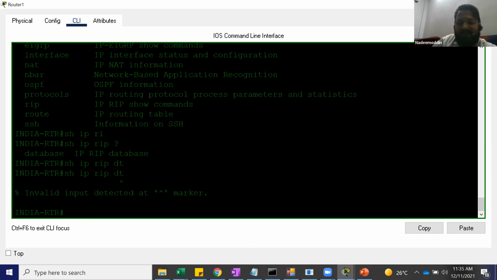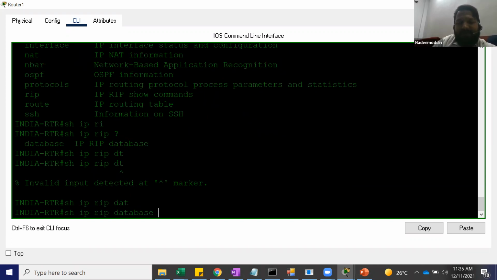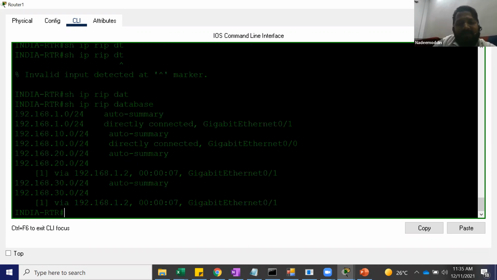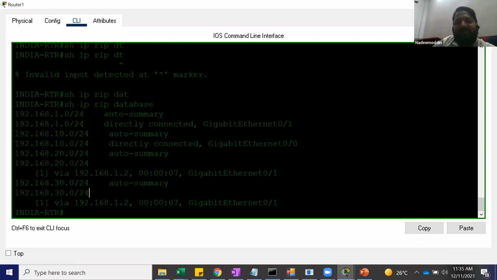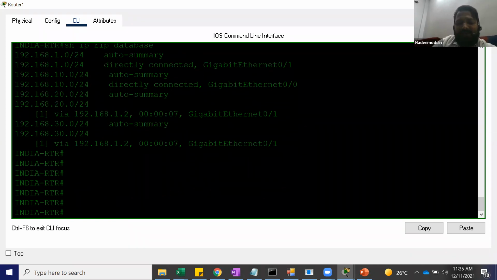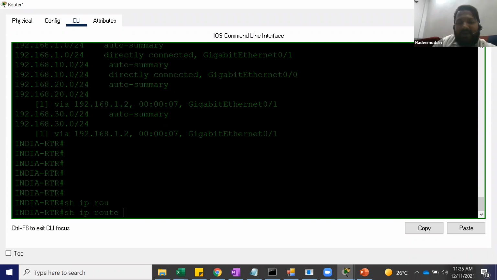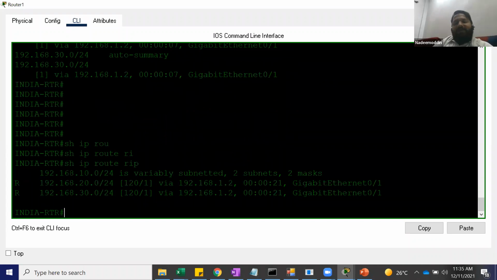See, this is the command, show IP RIP database. So you will see some more detail. In CCNP, you will study this database and these tables. But here, what you need to understand is show IP route RIP. By the use of RIP, automatically this route came.